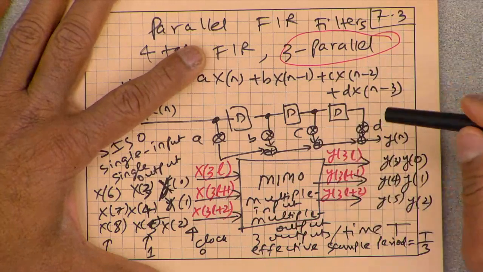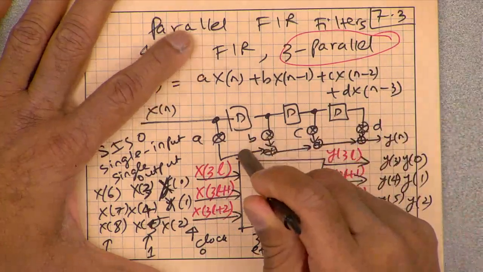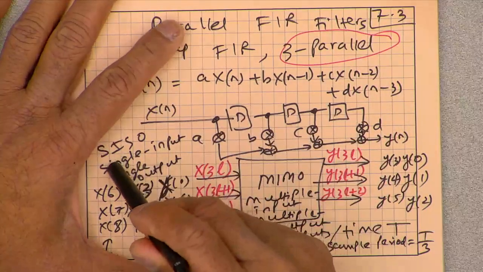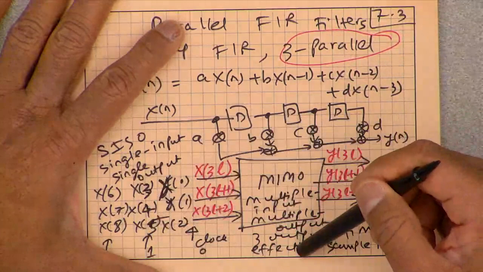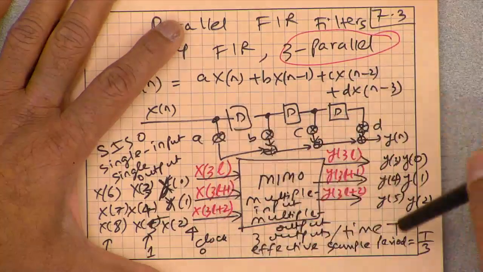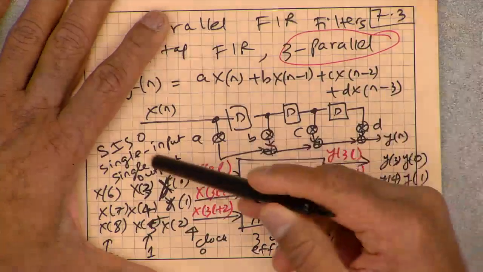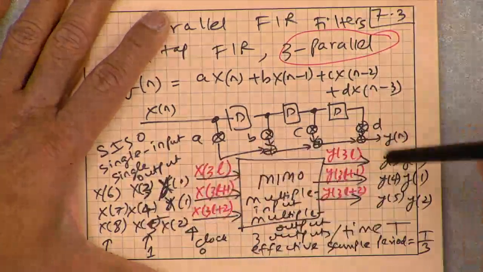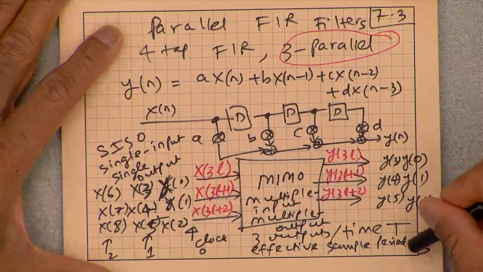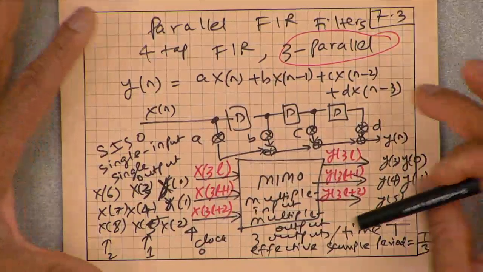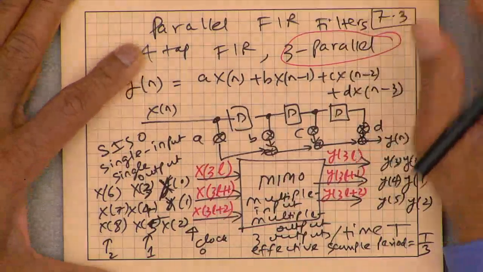It so happens I am not computing them at 0, t by 3, 2t by 3, t, 4t by 3, 5t by 3, 6t by 3. But at 0 I compute 3, at t I compute 3 more, at 2t I compute 3 more. So that's why I need a parallel to serial converter, and the serial to parallel and parallel to serial converters must operate at clock speed 3 by t. But I'm not getting into that now. Okay, any questions so far?